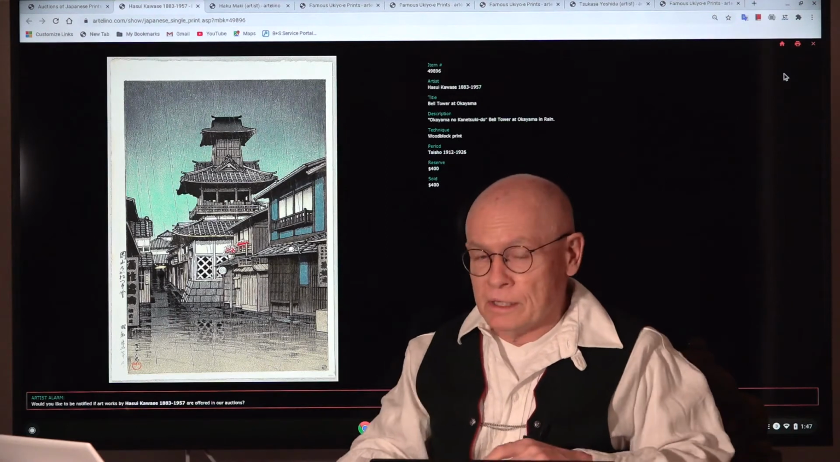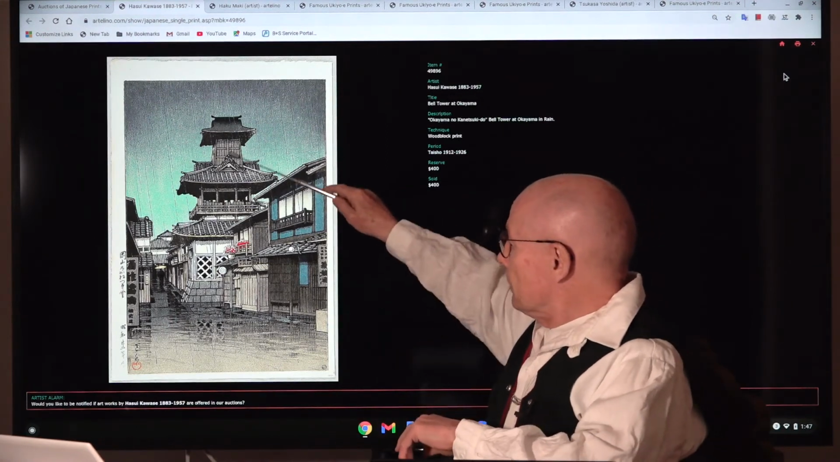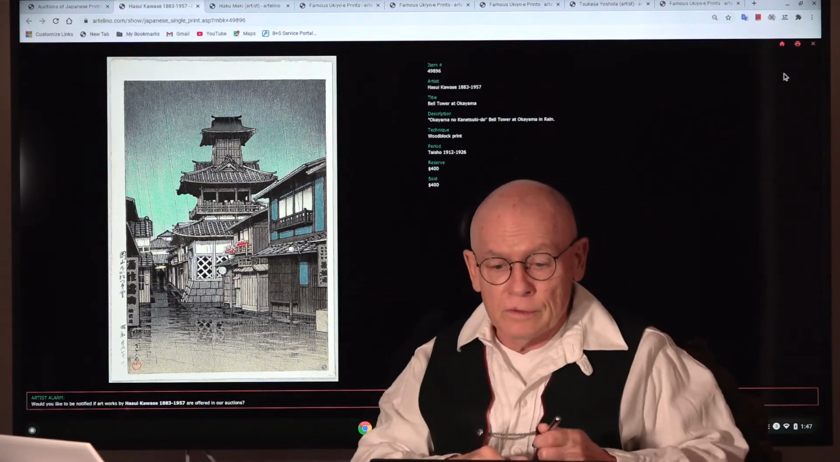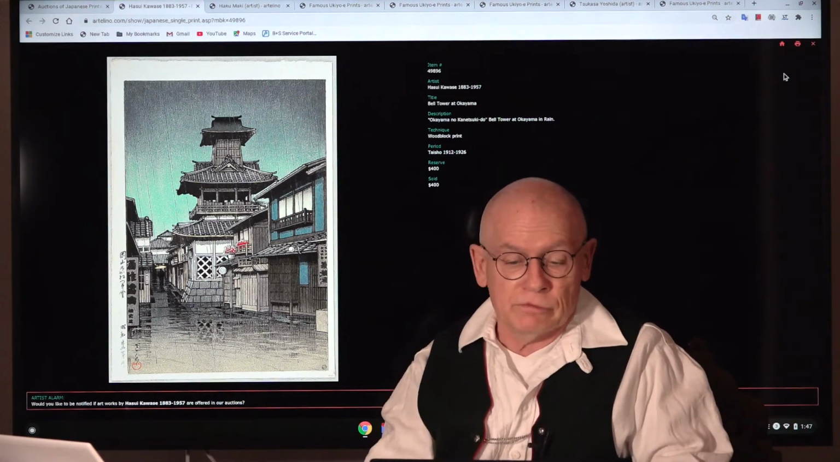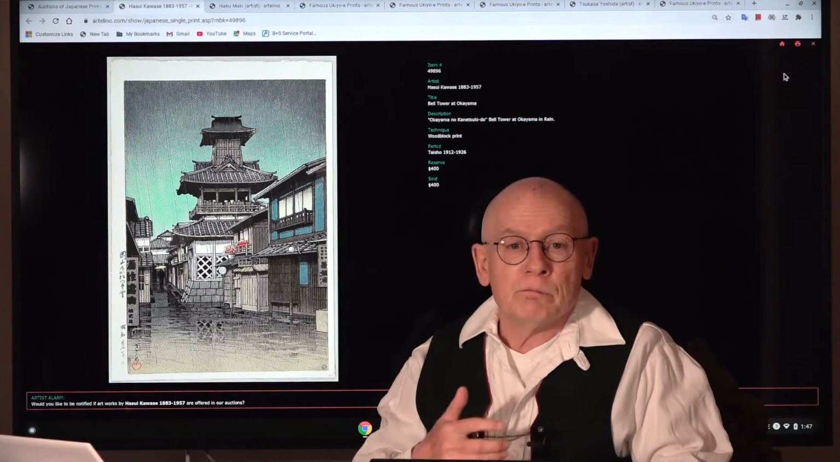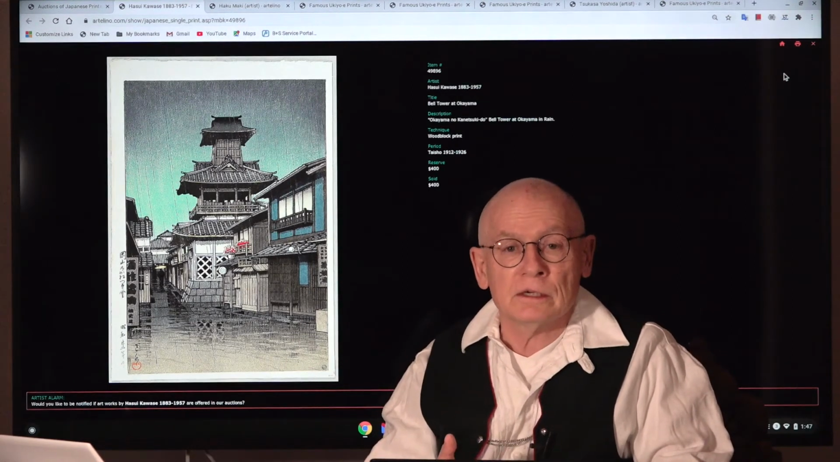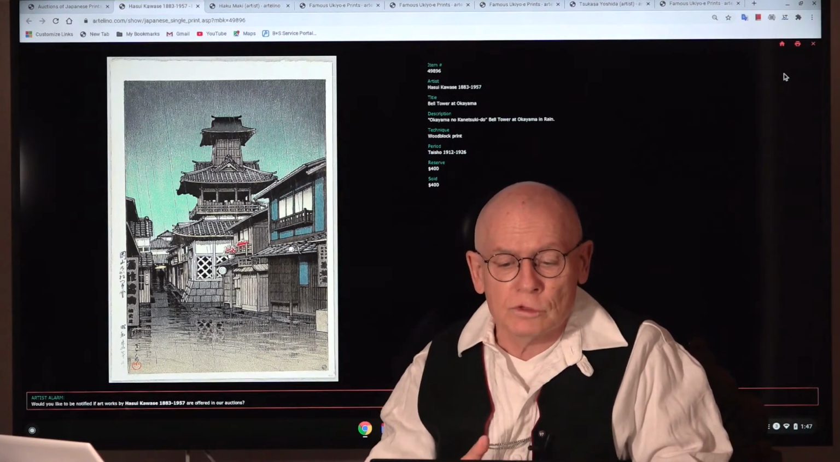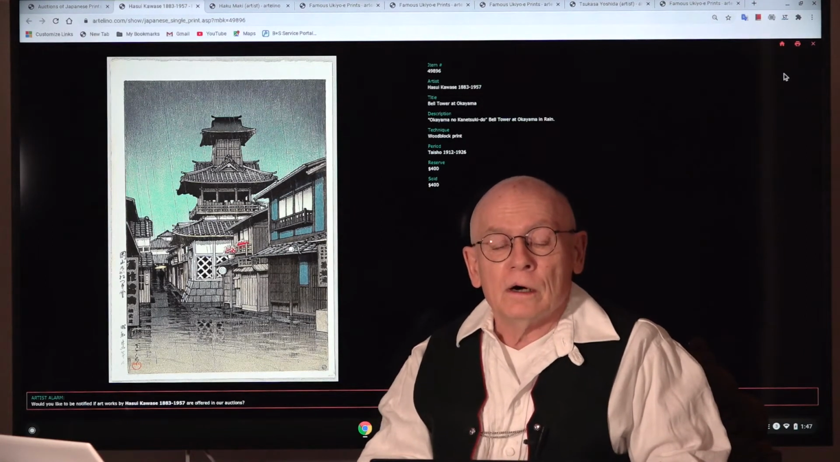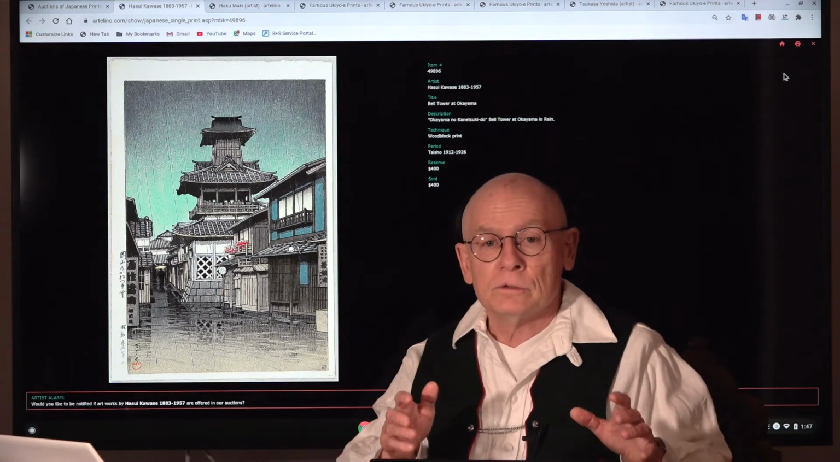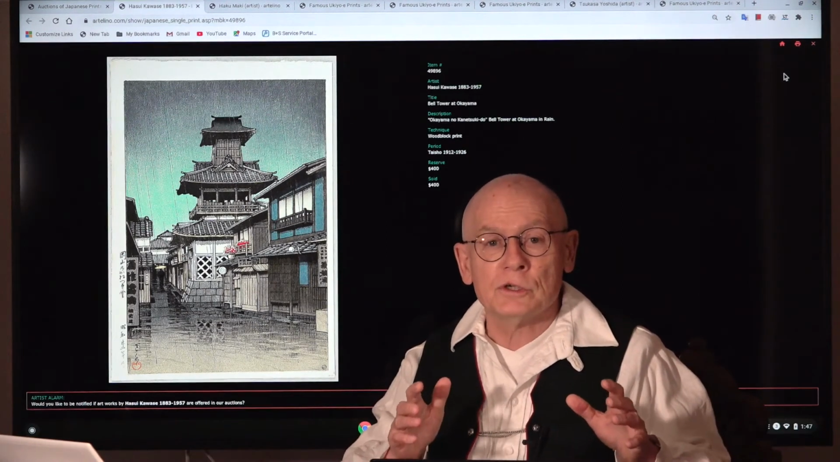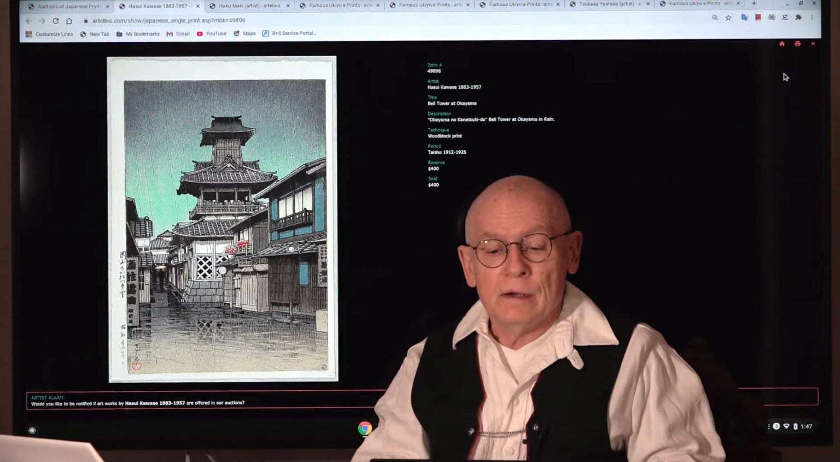Now let's talk a little bit about this monument, Bell Tower in Okayama. Okayama is the capital of Okayama Prefecture. And the Japanese title of this print is kanetsuki-do. Okayama was nearly completely destroyed during World War II. That was in June 1945, when